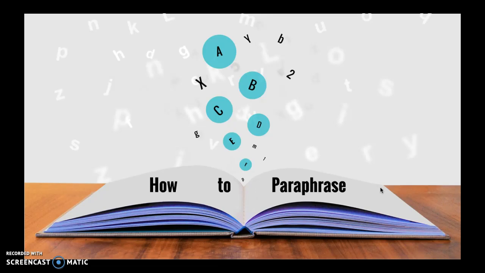This skill is very useful. Again, it helps you to make material easier to understand, and then it also helps you to not always just have a string of quotations. When you have information that you want to use from other sources, it doesn't always have to be a direct quote. You can learn how to paraphrase and then have more variety in your writing. It's smoother for your reader, often, instead of having chunks of quotes.